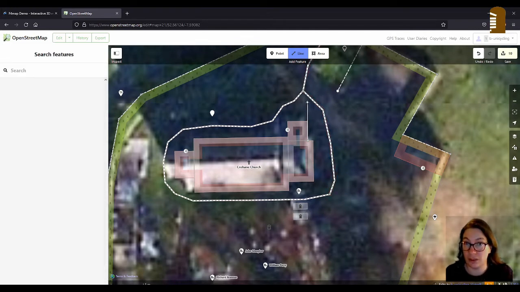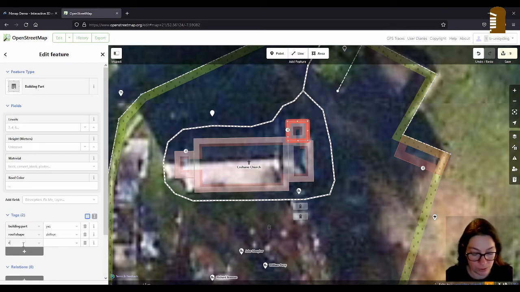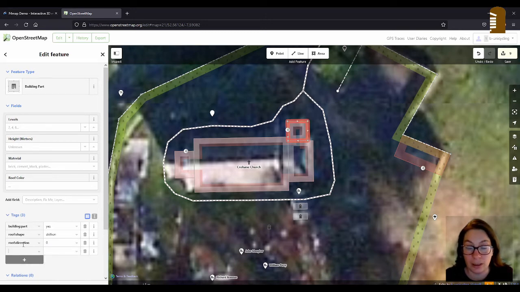which is roughly 0 degrees. If you imagine a clock, 12 o'clock is 0 degrees or 360, 3 o'clock is 90 degrees, 6 o'clock is 180, and 9 o'clock is 270. So we'll go here, which is nicely almost straight. It might be 355 or something. We'll just chance it. So roof direction 0. You only need that for skillion roofs, really.